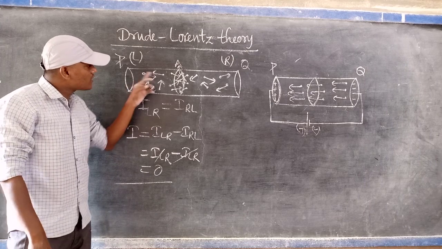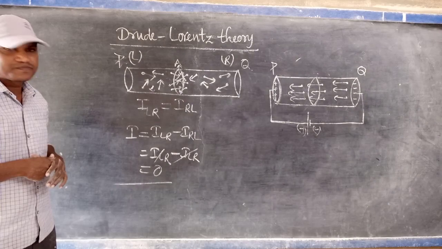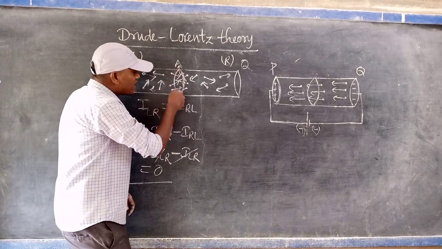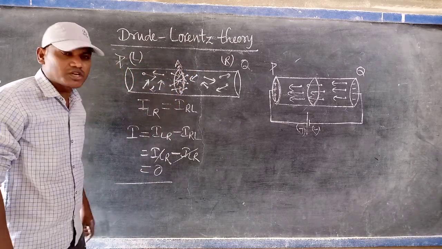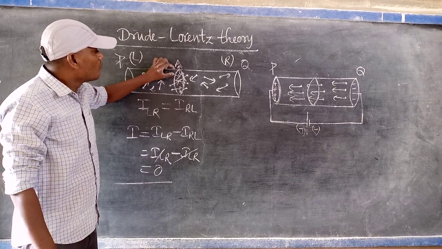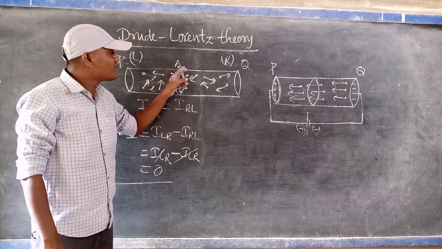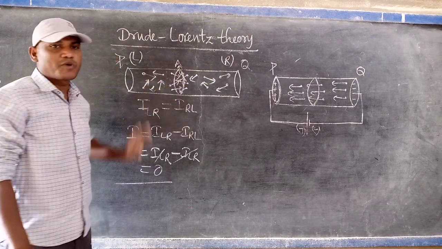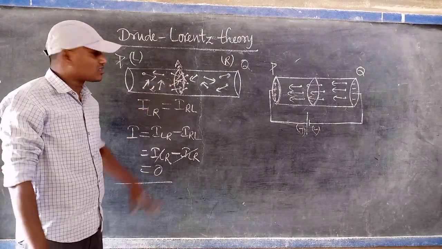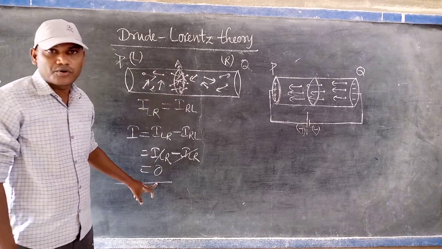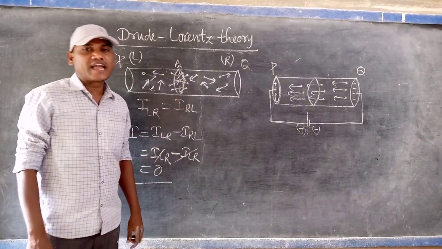Due to that, one electron and another electron collide, lose energy and change direction. If we consider any cross-sectional area inside the conductor, for that unit area the number of electrons moving from left to right is nearly equal to the number of electrons moving from right to left. That's why the resultant current carried by the electrons from one end to another end is zero. Due to that, current does not pass through the empty conductor.